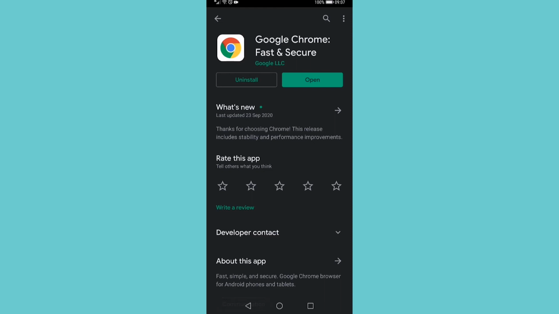It will download the most recent version of Chrome and update it, and then your app will be updated. But in this case, you can see on my phone it says open, and that means I have the most up-to-date version. So that is how you update and make sure you have the most up-to-date version of Chrome on